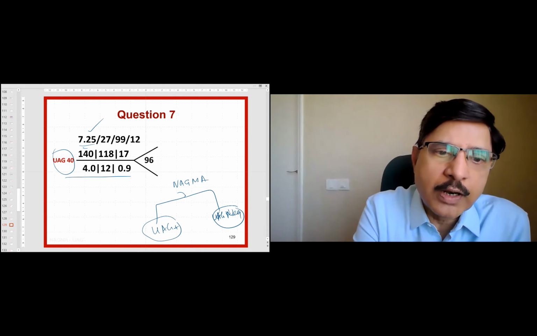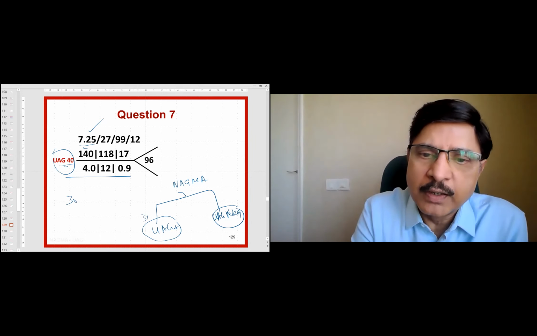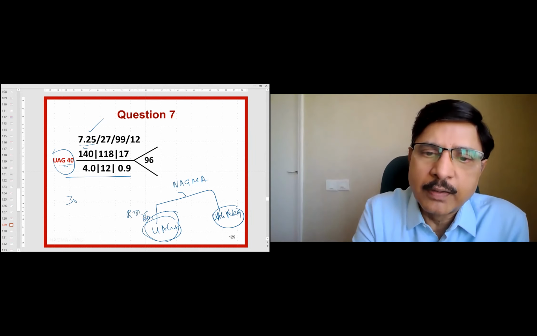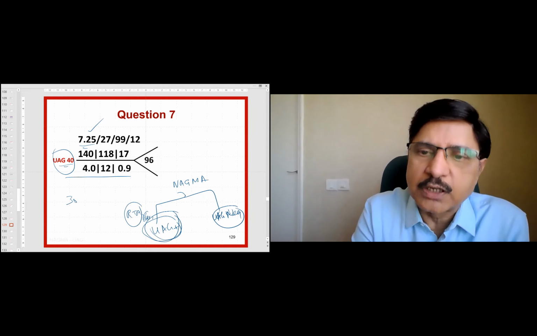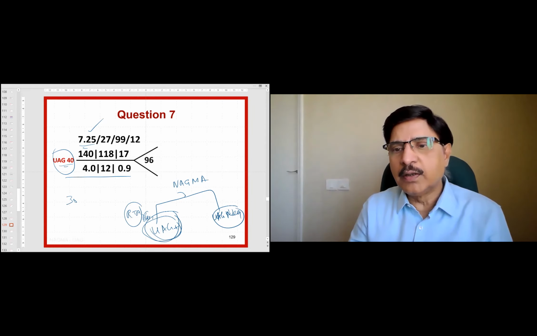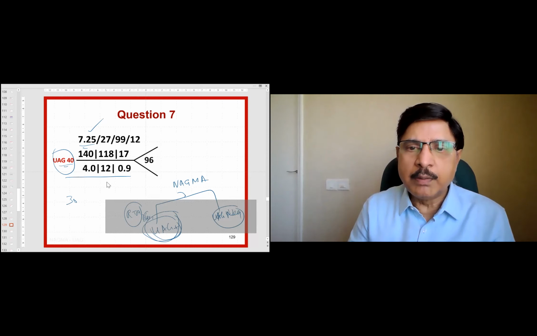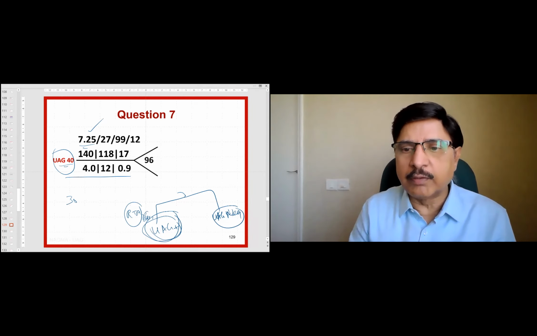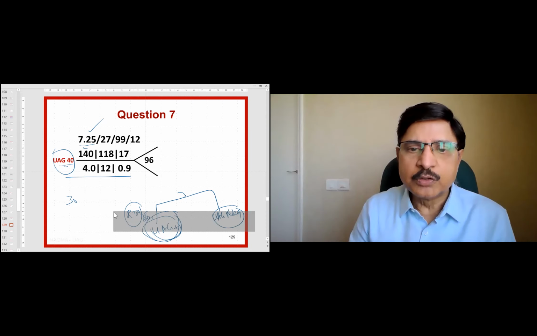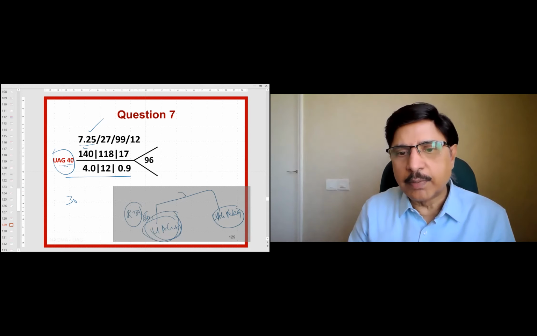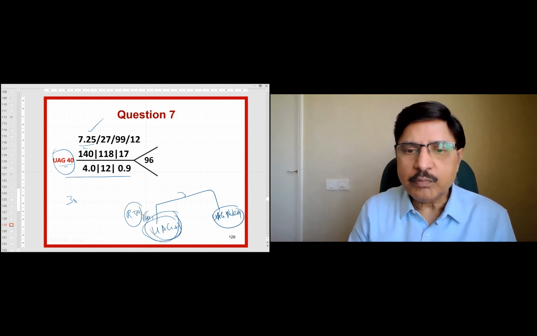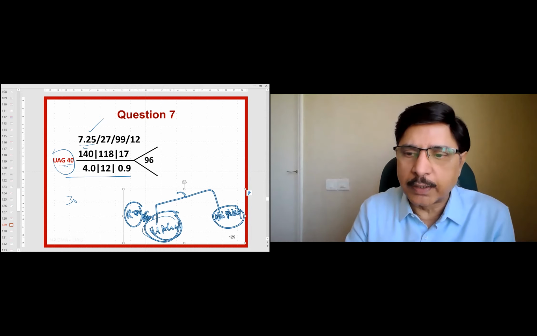Here the urine anion gap is more than 30, even 40, which is on the higher side. So we are probably dealing with RTA or any other cause which can produce this. This is how you differentiate: not by the osmolar gap now, but by the urine anion gap. So the diagnosis is a case of metabolic acidosis of the NAGMA type.